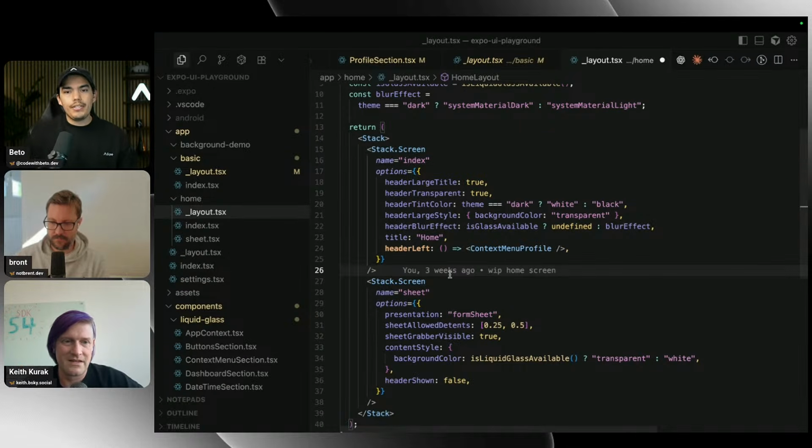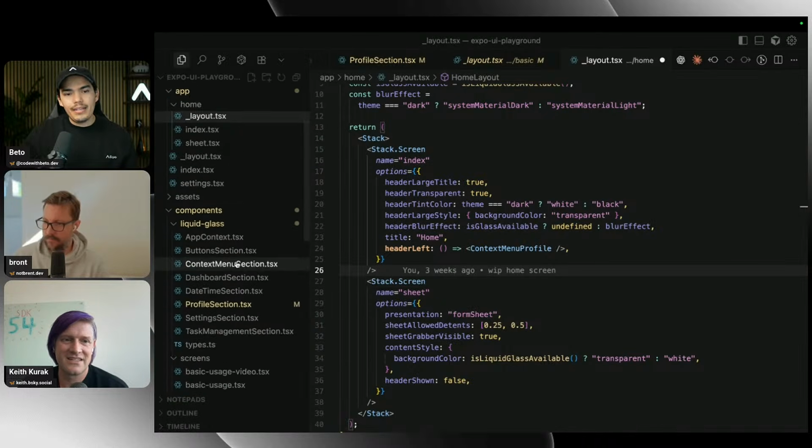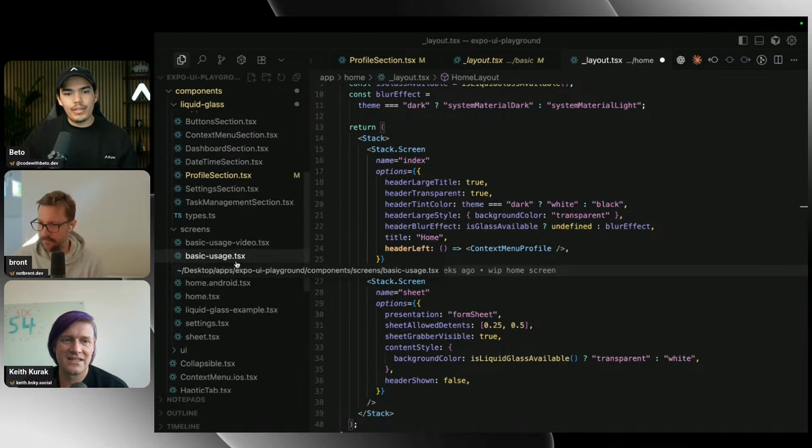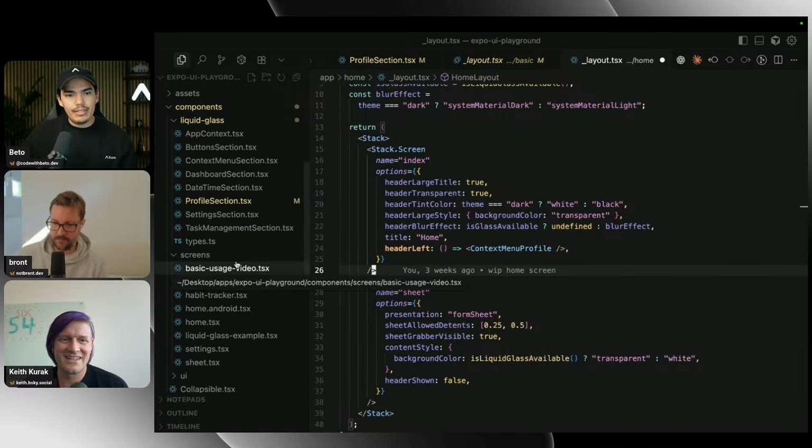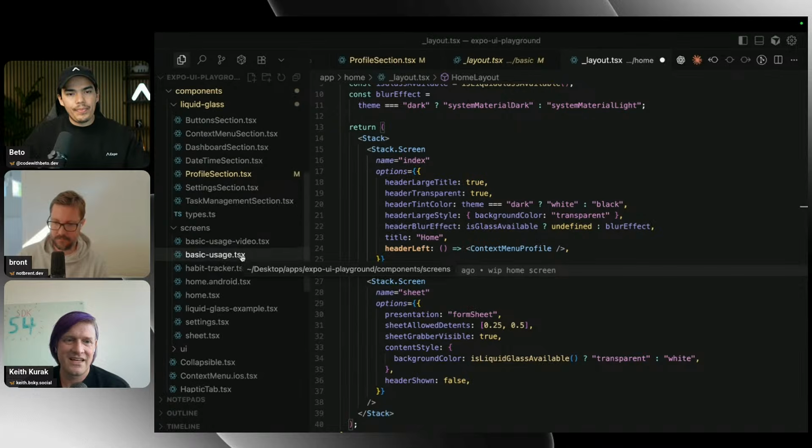Yep, the goal here is to bring iOS to a stable beta version and make it as good as possible. Of course, now with the new liquid glass effect, we want to enable developers to start adopting this new style, and Expo UI is a good way to start adopting it. And you can always fall back at the moment if you really want to. You can use any Expo UI component and create a fallback for